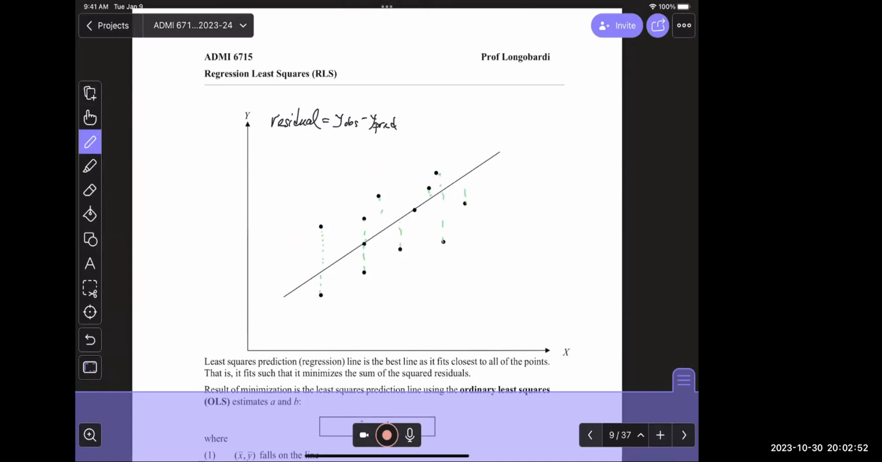So the way that I've drawn this, these green strings that I'm hanging between the observations and the line, that's called the residual. It's calculated in the vertical direction. I'm calculating it vertically, not going this way. I'm not looking at how far off the line this way. So this residual